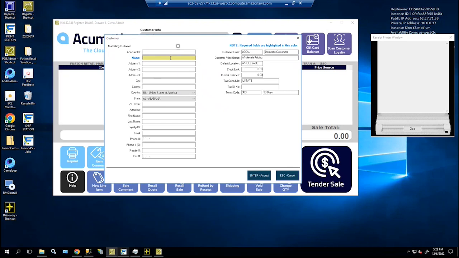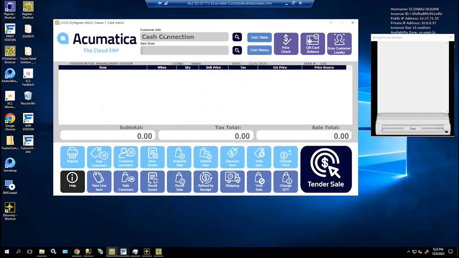I can require multiple fields here. Most common I see name and email, name and phone number. But so I can create a customer here on the go if I want to. Or I can just, if the customer doesn't want to give me any information, I can sell directly to this